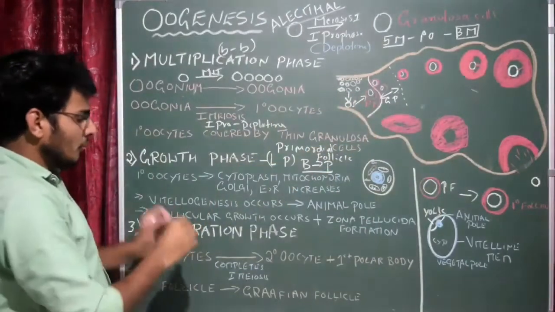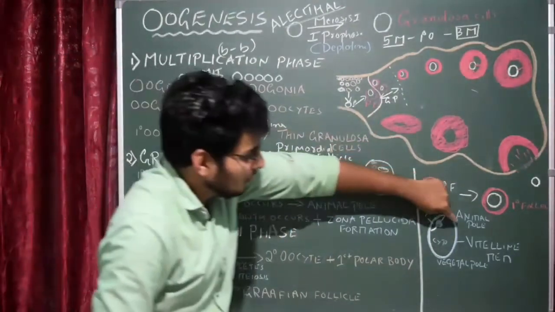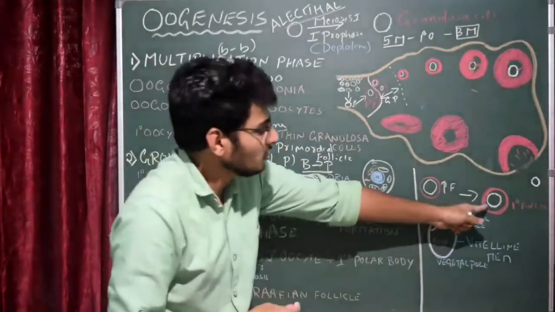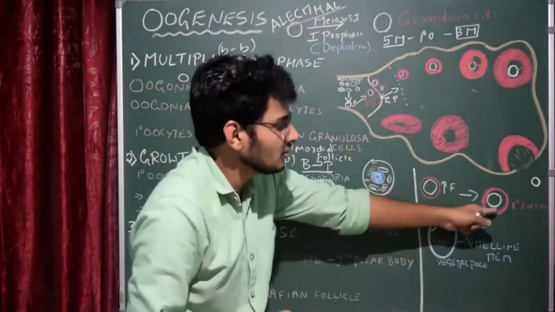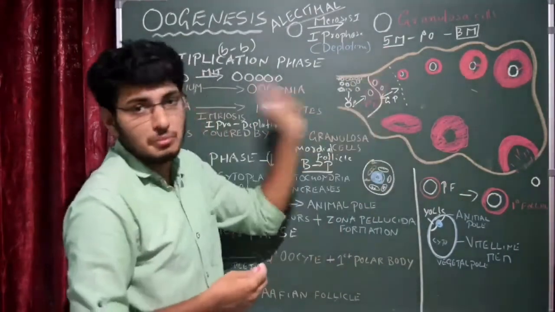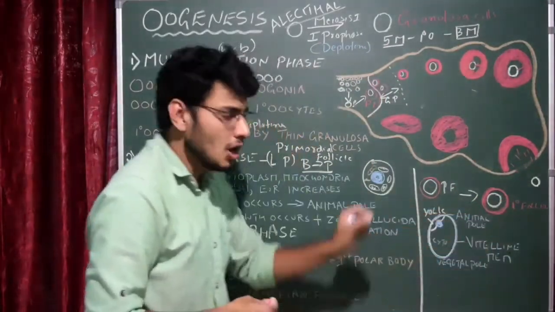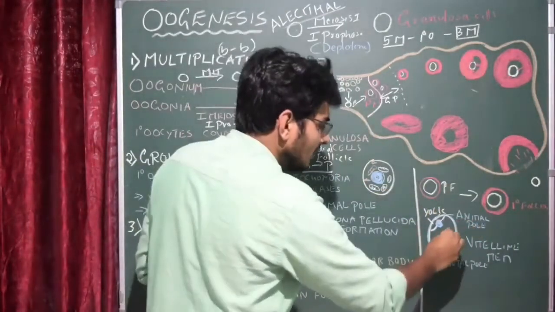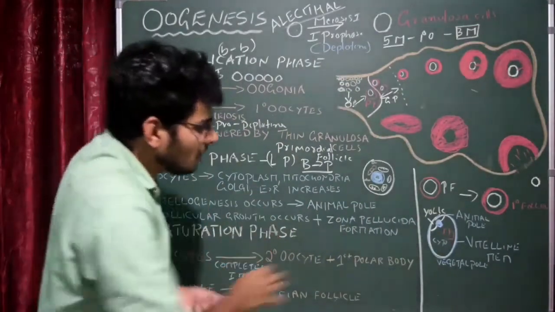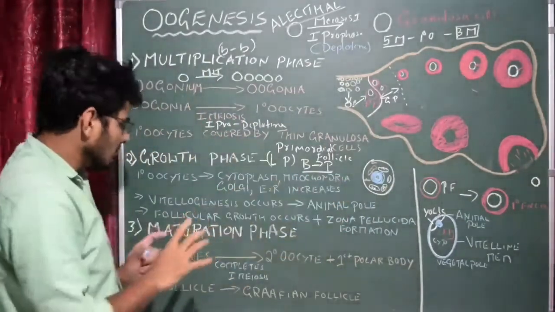So during the follicular growth, I have written that the primordial follicle now transforms into the primary follicle, because this occurs during the growth phase. The primordial follicles are formed before the birth. After the birth, the same primordial follicle transforms itself into the primary follicle. But still this cell is arrested in first meiosis. It has stopped. It's a kind of dormant cell now. But still you could see the transformational changes occurring in the primary oocyte. That is the one thing to remember.